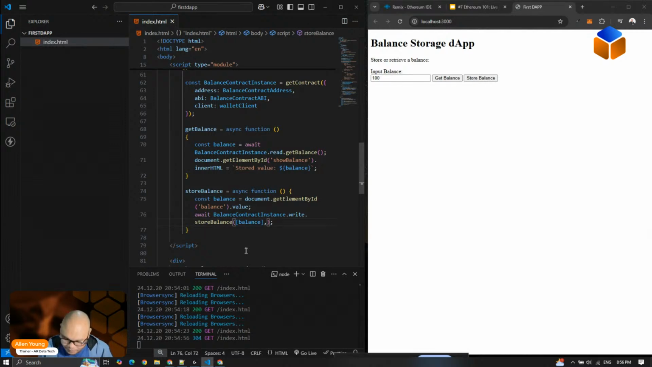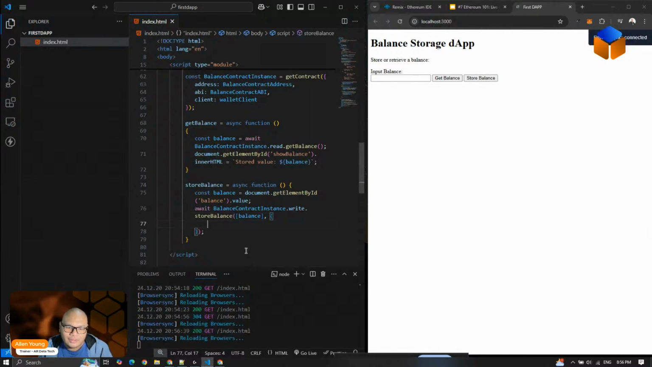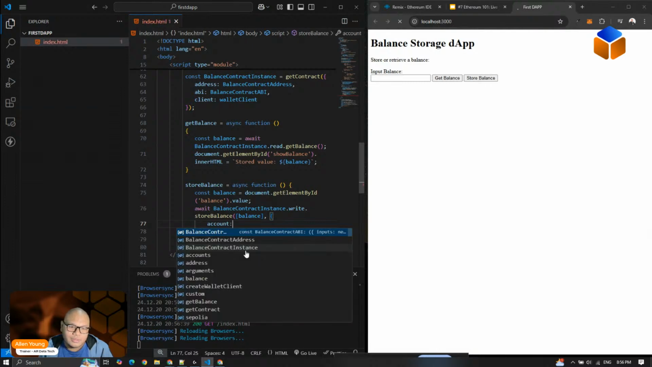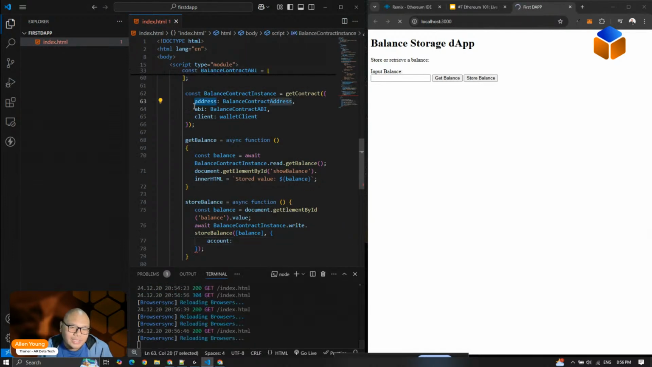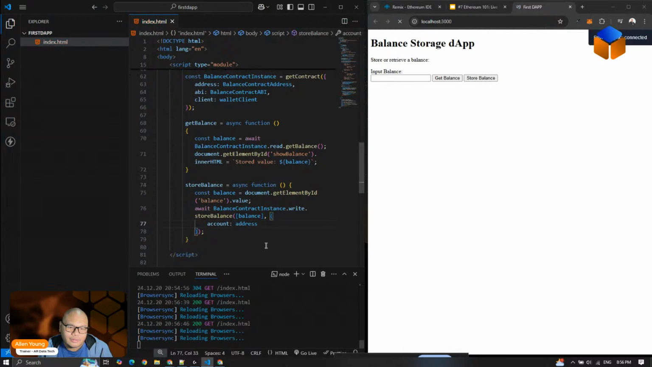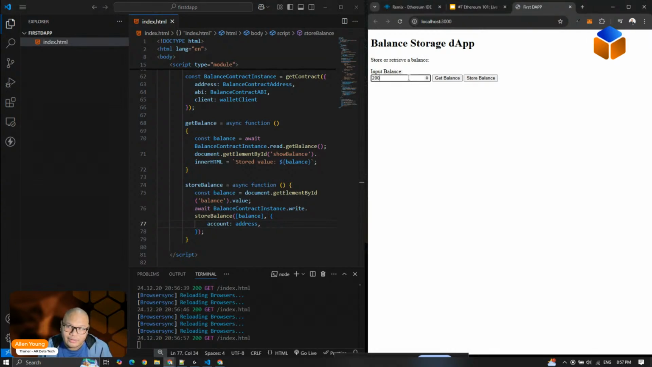So comma, open and close bracket, and we need to have account, and we need to copy this address here. So that is the module's requirement for us to proceed. So let's try again. Let's have 200 here, store balance,